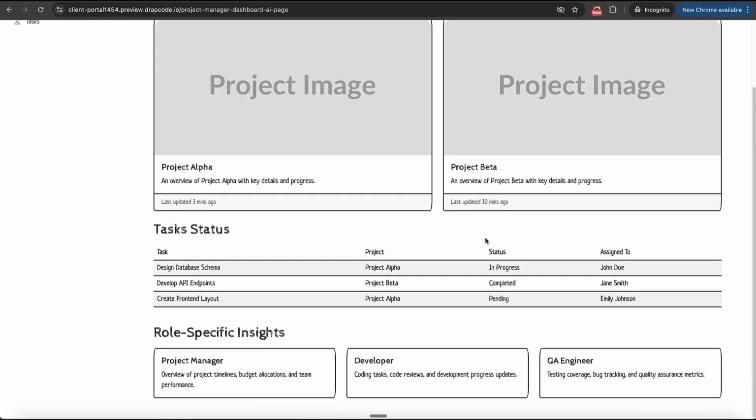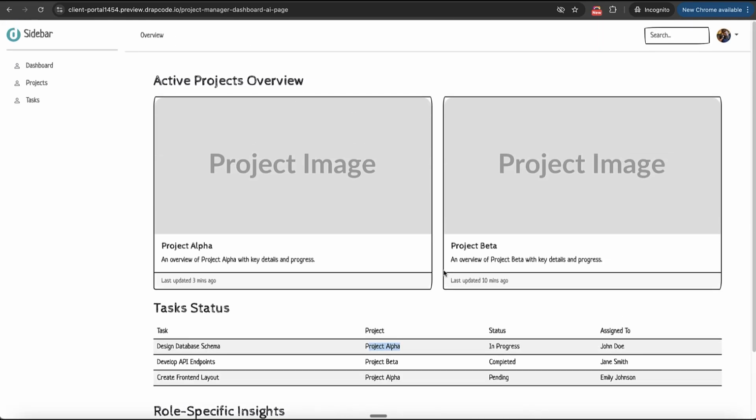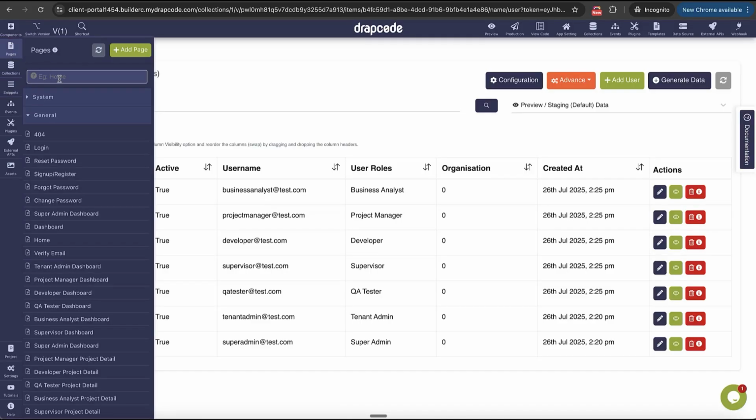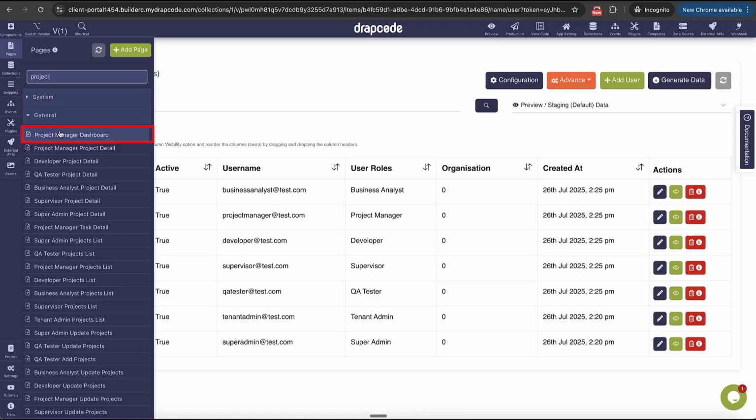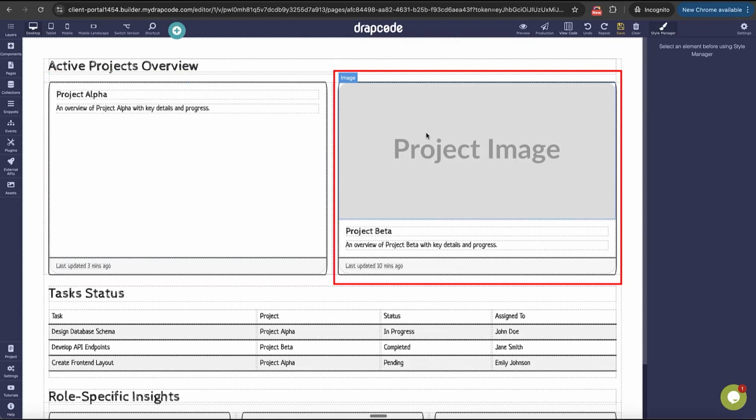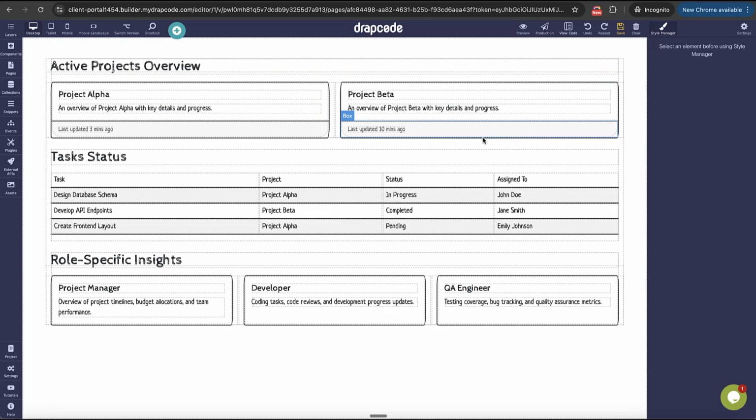Some of this data is static because we don't know, but if you want to make it dynamic, you can just go and change it, right? So let's say here, project manager dashboard, right? And you can edit it, change. Let's say I don't need these images. This does not look good to me, and I'll just say